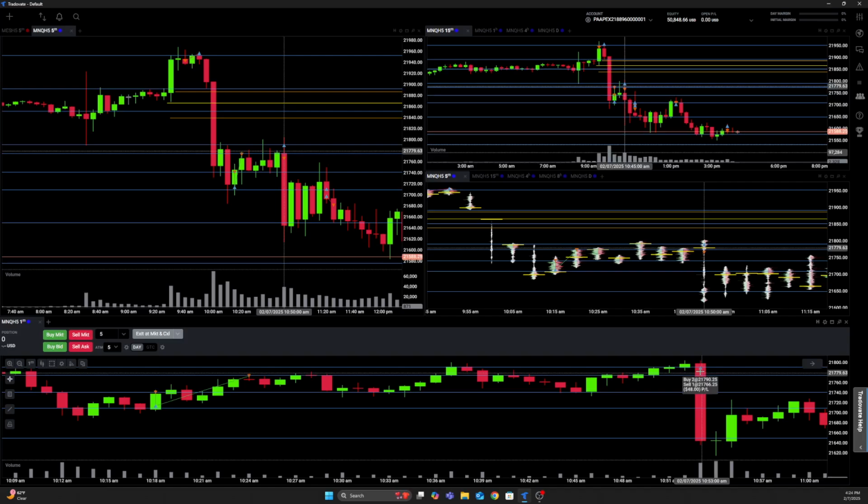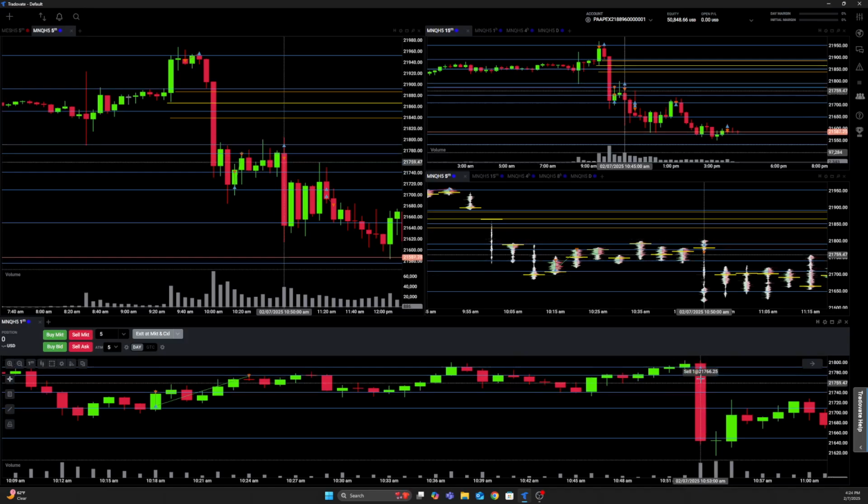And the unfortunate thing is that my stop had some slippage. I had a 15-point stop. I got stopped out for about 24 points, so about a 50% bigger loss than I wanted to take, just because the price moved so fast that I didn't get the fill directly at where my stop loss was. So I took a bigger loss there than I wanted to, about a $100 loss.